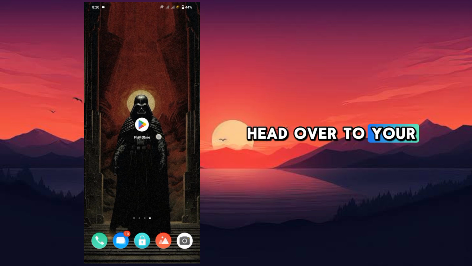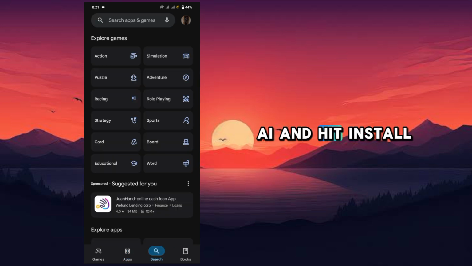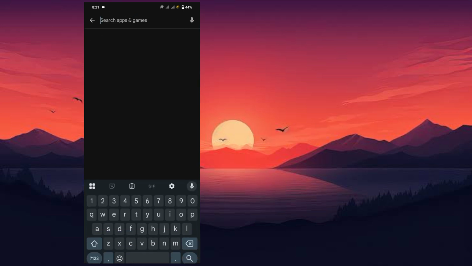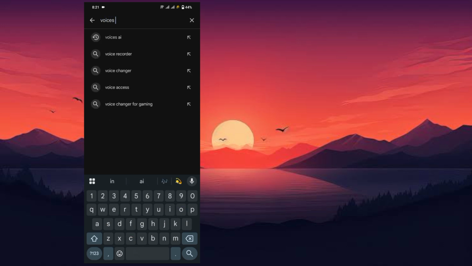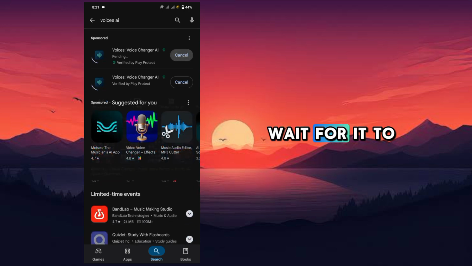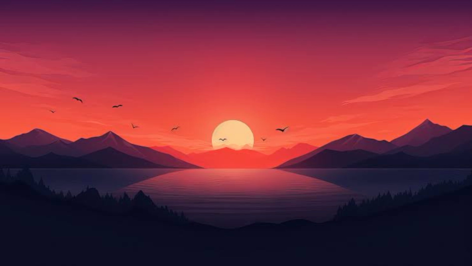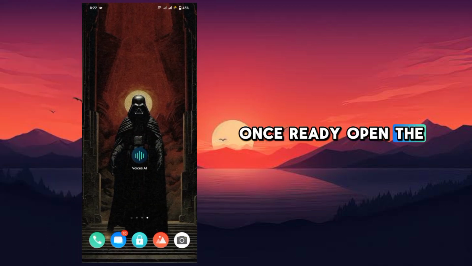First, head over to your Play Store and then tap on the search bar. Second, type in Voice AI and hit install. Wait for it to finish downloading. Once ready, open the app